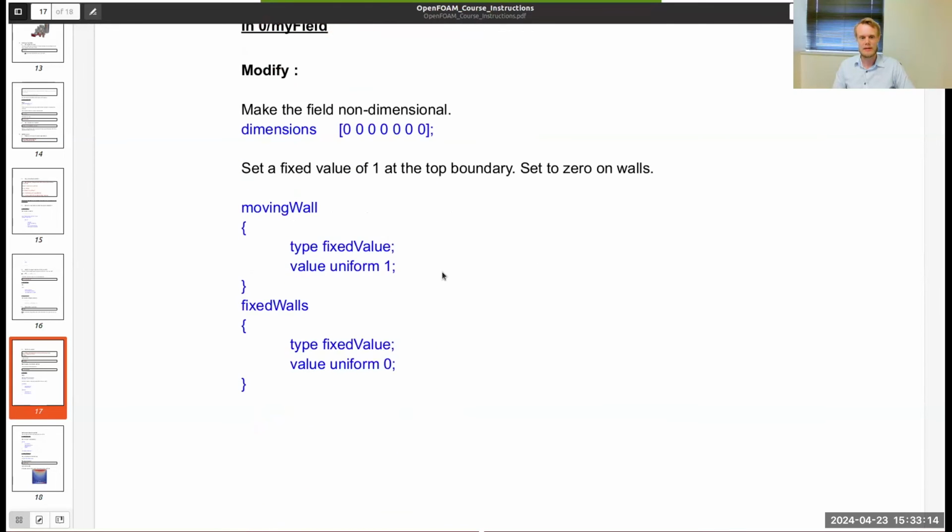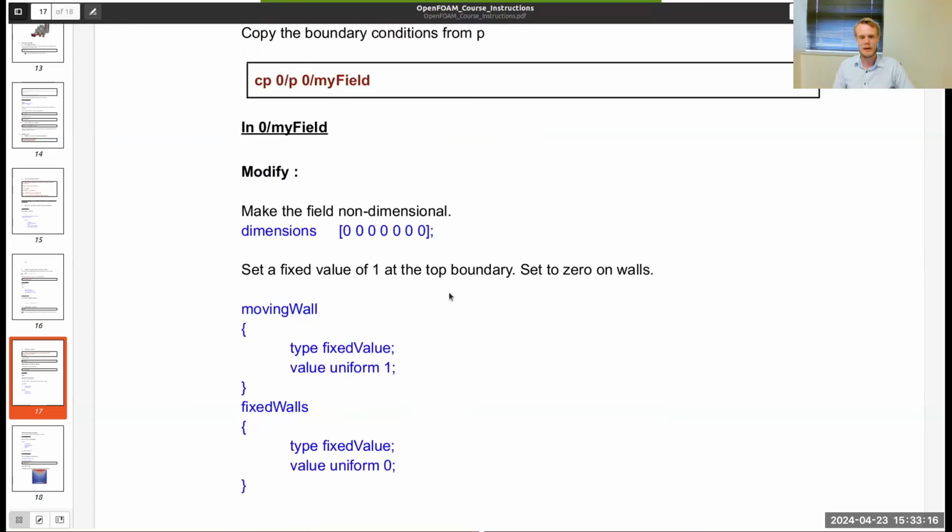And then this is what it looks like when you open this file. The things in blue are things to modify. So this pressure, when you open the pressure file, it will have a dimension here. If you remember, this vector with, is it 7 elements, represents dimensionality. We want this field to be non-dimensional, so we put 0, 0, 0, 0